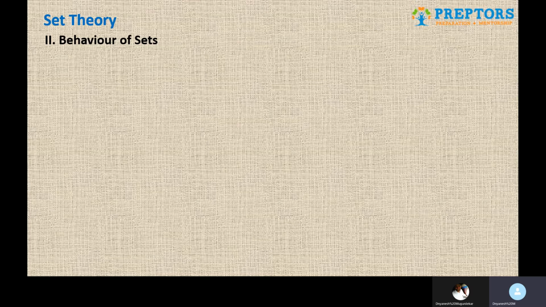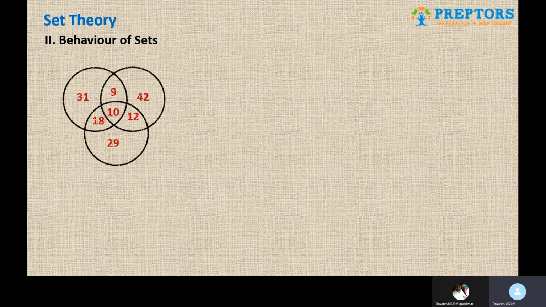The second part is even more important, which is called behavior of sets, how sets behave in a certain manner. For this we have considered a random set of numbers, and the 3 circles, the 3 totals are also marked outside the circle. And if you realize, in the previous question I said that the intersection of all 3 is the most important value. The reason is, if you don't know that value, you wouldn't have got the intersection of 2 circles, and then you wouldn't have got the lone sets.